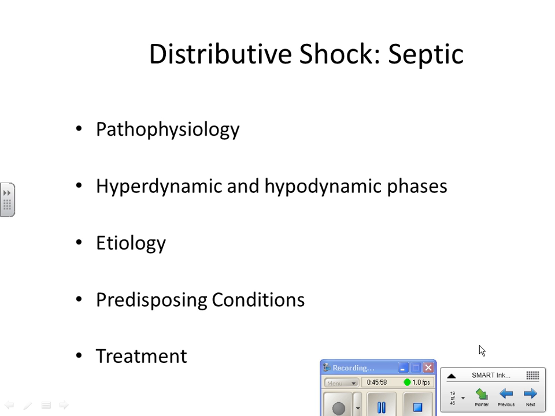And vasopressors, specifically Levophed, norepinephrine, is one of the most common vasopressors that you'll see in patients with sepsis. Because they're at a high risk for ARDS, most patients once they start going into septic shock are going to be in the ICU, ready to get that patient intubated, so they know that there's a very good chance they're going to go into ARDS and need to be intubated.